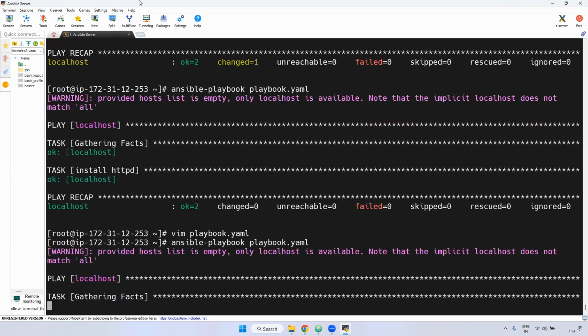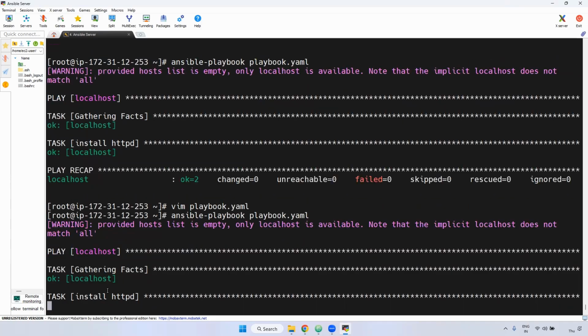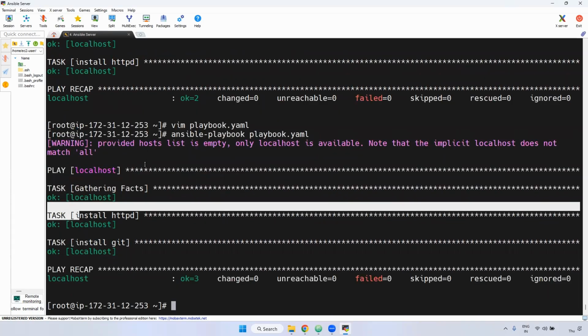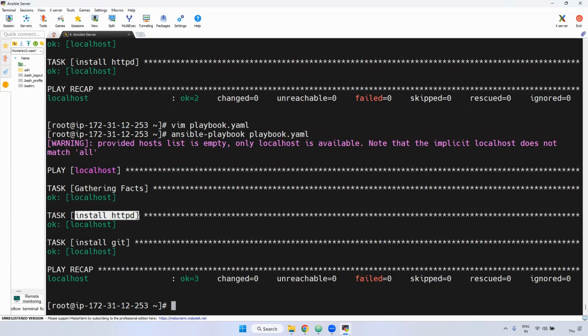if you run this playbook, what will happen? First it will run the HTTPD task, because we have two tasks. The first task is install HTTPD, the second task is install git. So first it installs HTTPD, then it installs git. Remember, as I said, it runs sequentially. If HTTPD runs fine and succeeds, the next task will run. In case HTTPD throws an error, then it won't run the second task, okay,